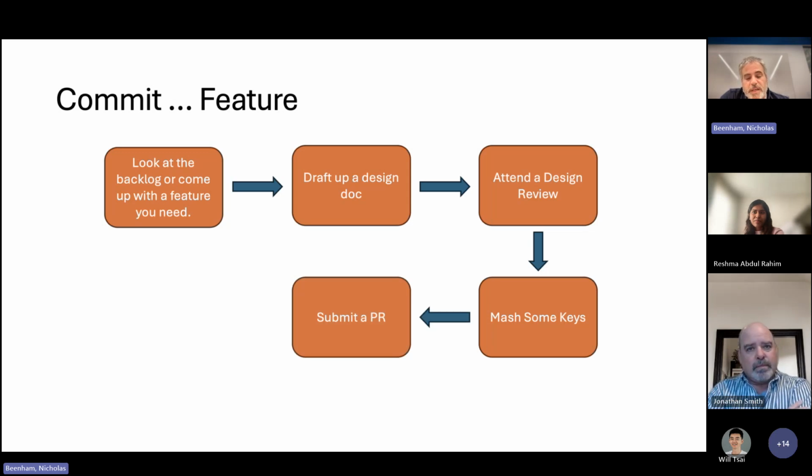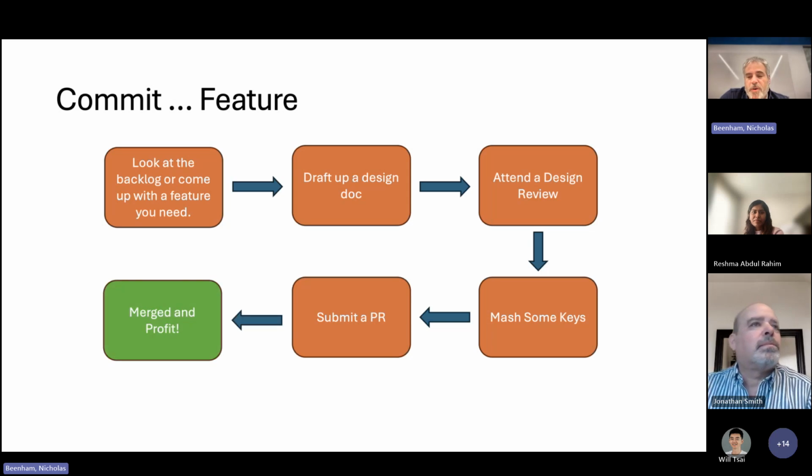A lot of good feedback, and a lot of kind feedback. I read an article a few years ago. It was "PRs with Kindness" or something like that. And it really sort of embodied here. Everyone was super supportive, and it was just a really good experience overall. And then once that was done, we're back to merge and we profit. And I suppose I could have added another arrow in just to sort of loop back around, but for that.